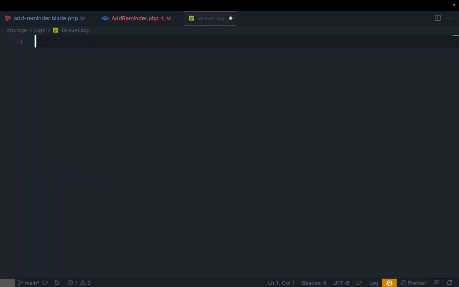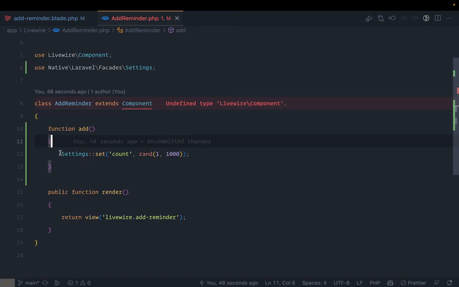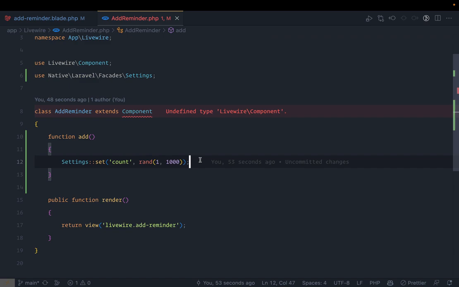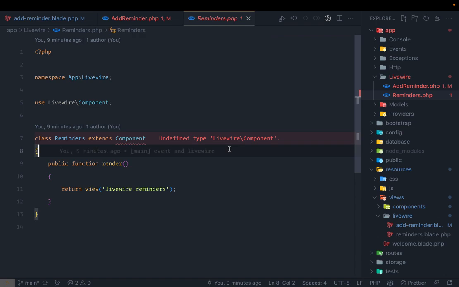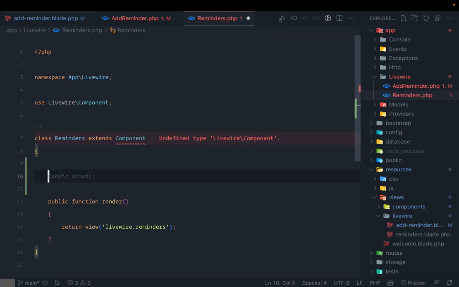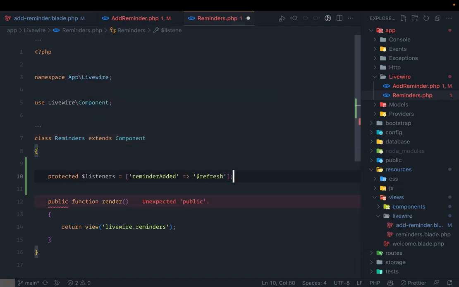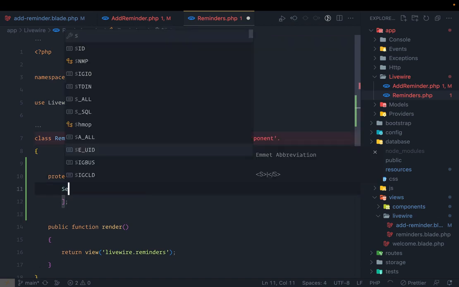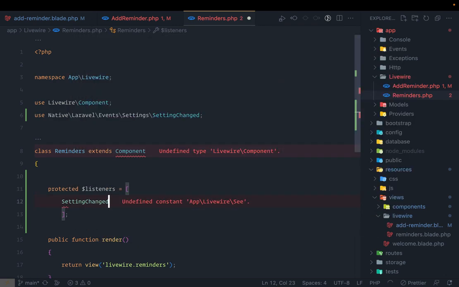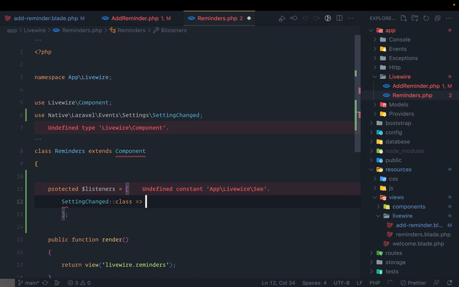Wow, that's good. So what next? Since we are having this and it's emitting the event, we can listen to this event on our reminders component. So here it's normal, you can say Livewire thing. So I say protected listeners, and this time it's not going to be like this. Let me show you what I want. I will say, hey, I have a SettingChanged event, and whenever this event occurs, I just want to